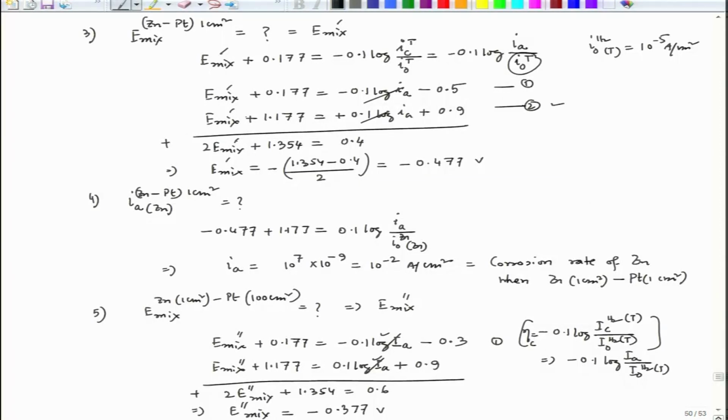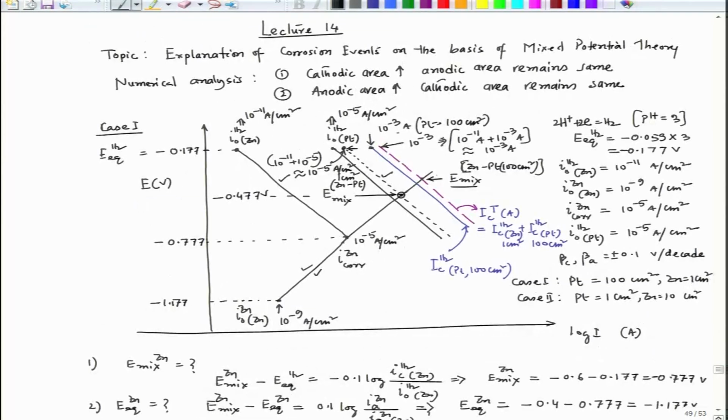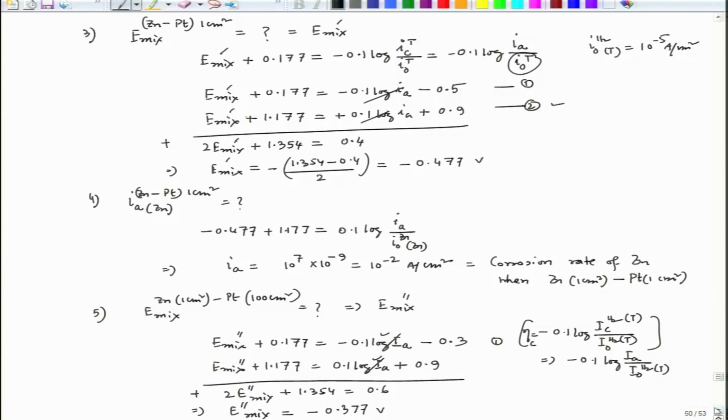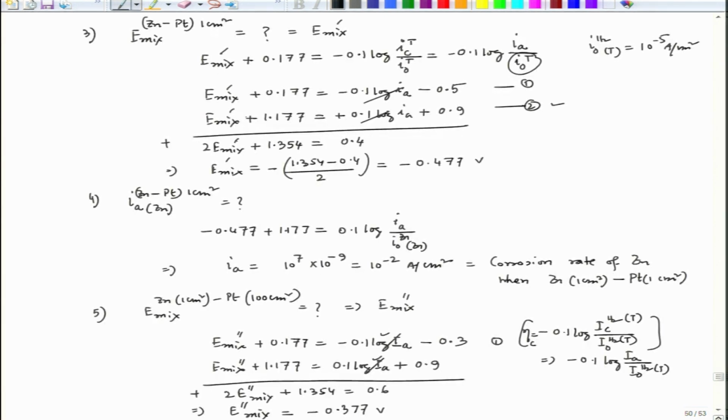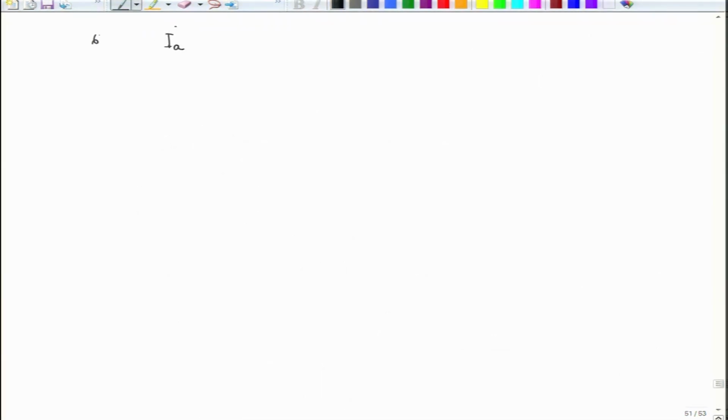Volt. Now, I am talking about this point. This is the value we have calculated. Now, if we want to calculate IA, this is 5, this is 6. IA, when zinc 1 centimeter square is connected to platinum 100 centimeter square, if we want